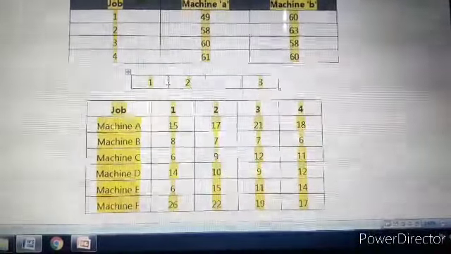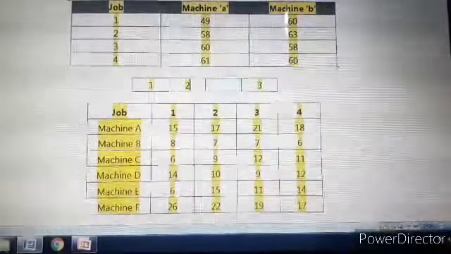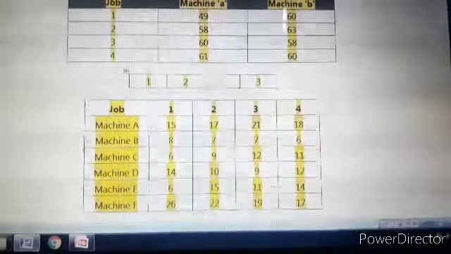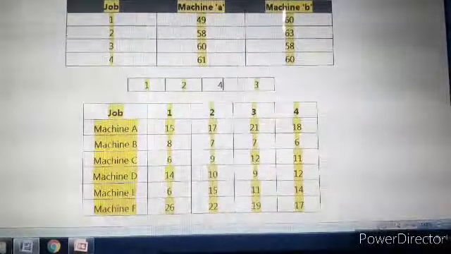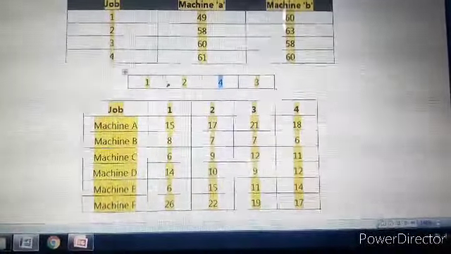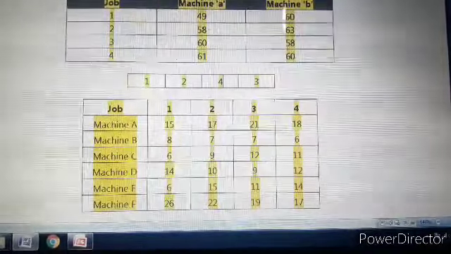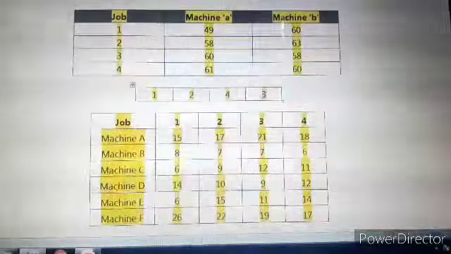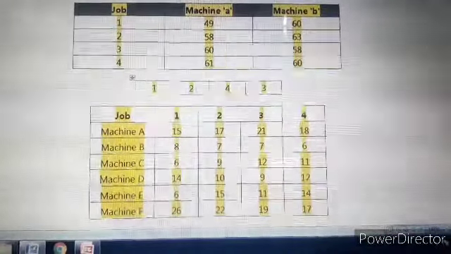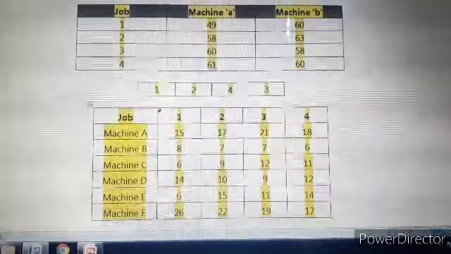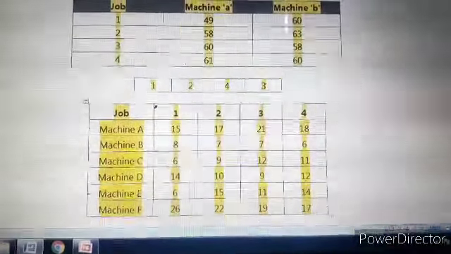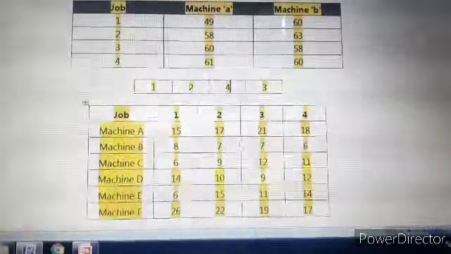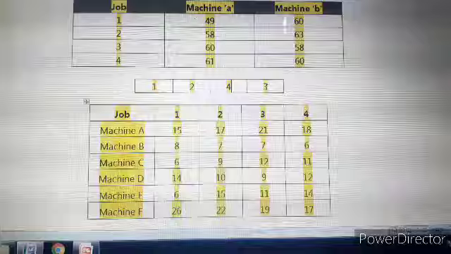Now we have selected 3 jobs and accordingly we have only 1 job and 1 cell remaining. So that's why directly we can allocate here the last job, that is 4. So in this way here we got the sequence, that is 1, 2, 4, 3. So once we get this sequence, 1, 2, 4, 3, then with respect to this sequence we have to find the total processing time or total elapsed time, and idle time for all these machines A, B, C, D, E and F.